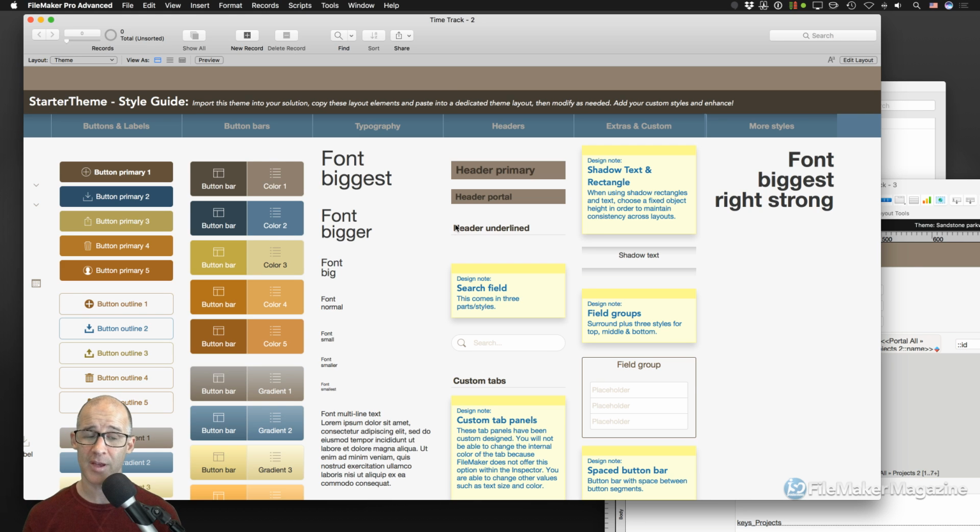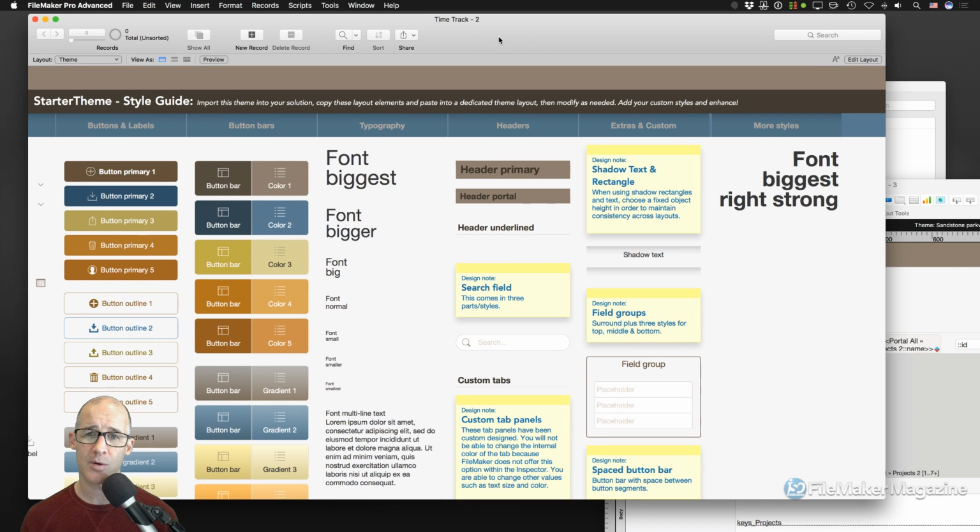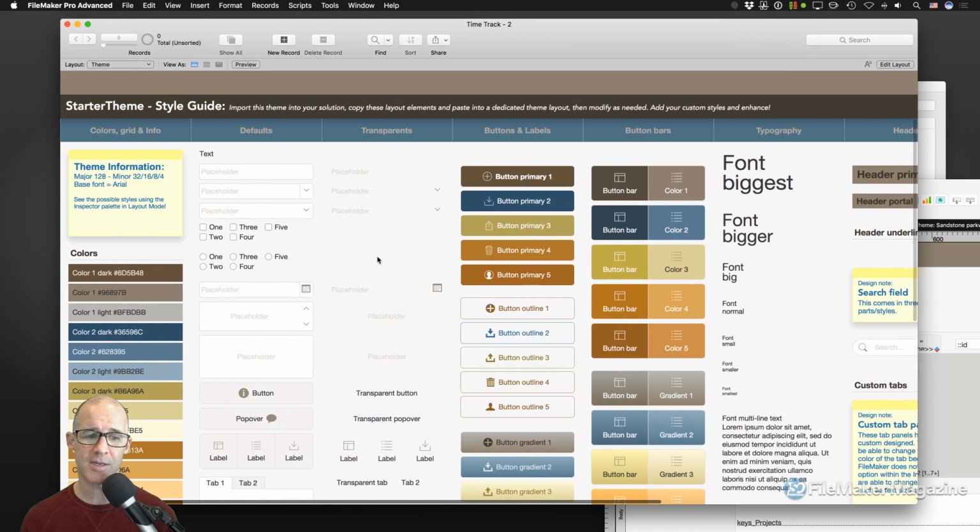So there's one other thing I'm going to leave you with in this video. And that is the concern of what's the performance impact? Because once you get into the world of advanced FileMaker development, and you're really starting to worry about how much impact the styles that I'm using have, and how much all of this impacts my solution, while I won't be able to get into it super in depth, I can say this: